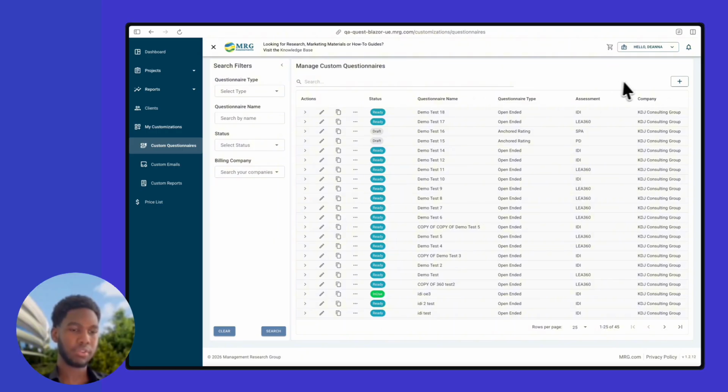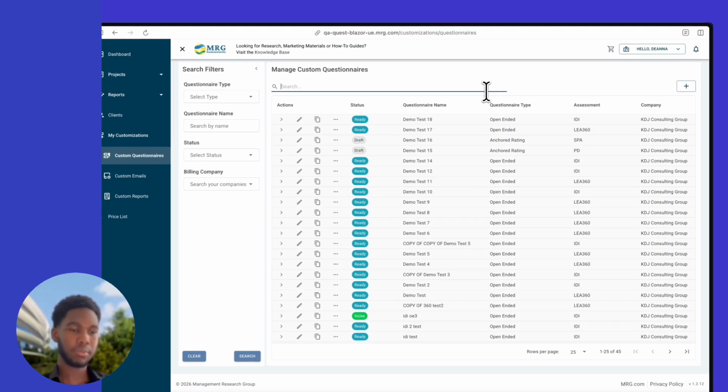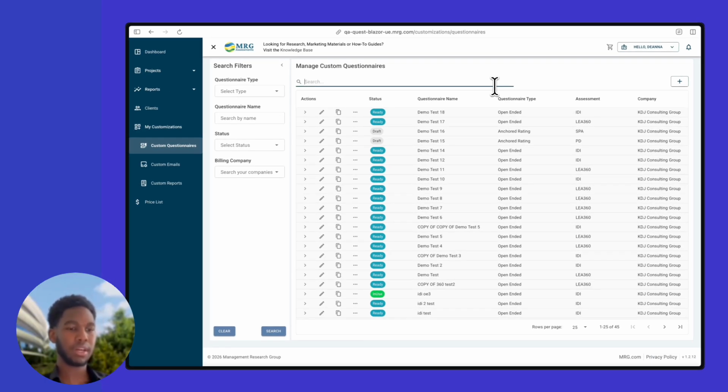In the top left corner of the grid, there's a quick search bar where you can search questionnaires by name. As you type, matching questionnaires will appear automatically. In the top right corner of the grid, you'll see a plus icon, which you can use to create a